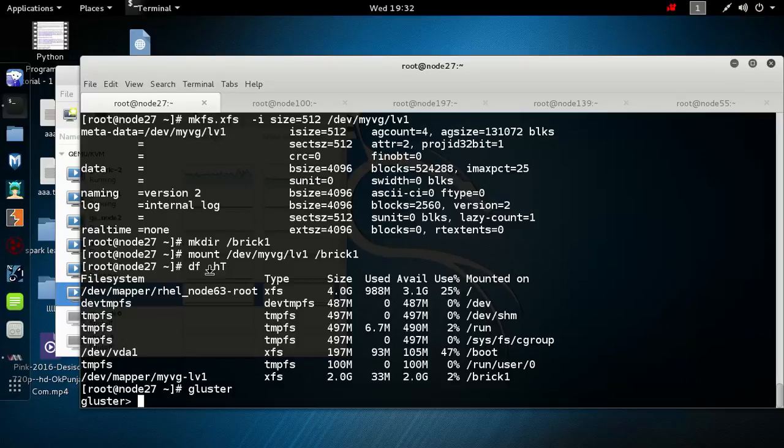So we will make a replication cluster or volume group. We will make a volume of replication type. Replication means a real-time copy. So when data comes, it will make two copies, first on node 27, second on node 100. And so I will make a